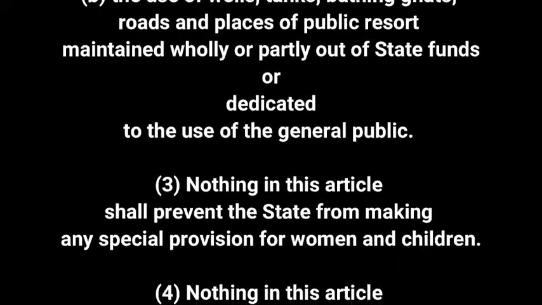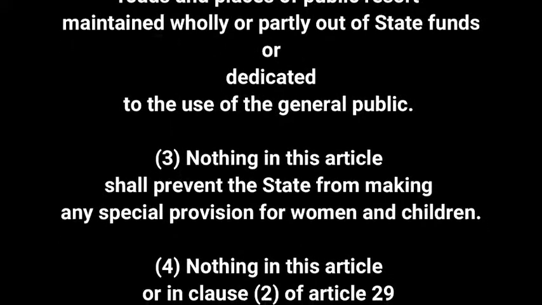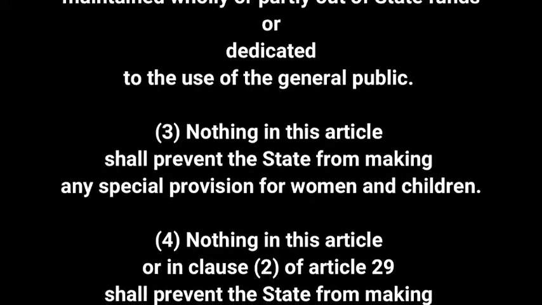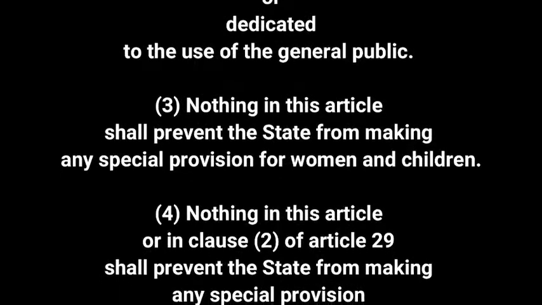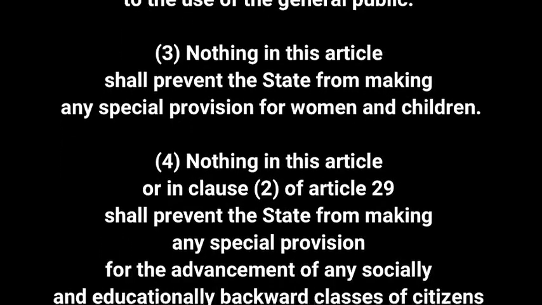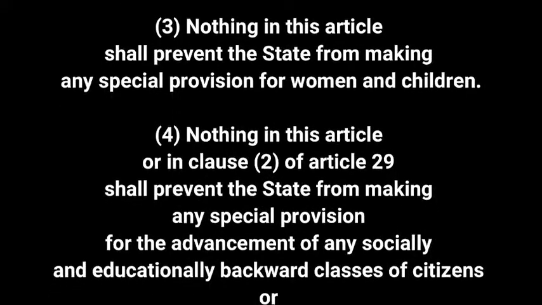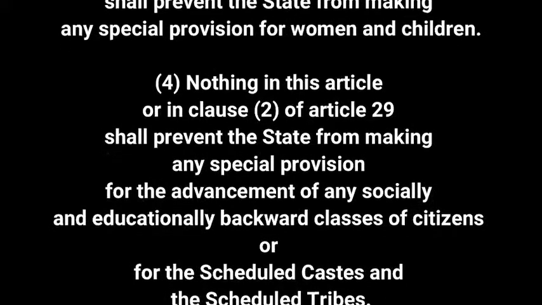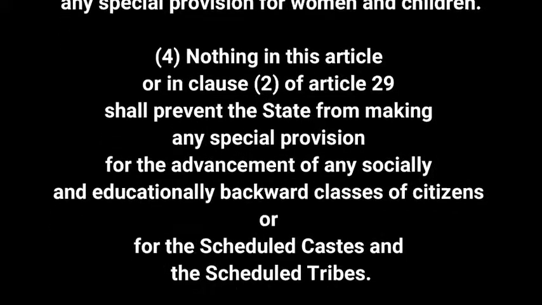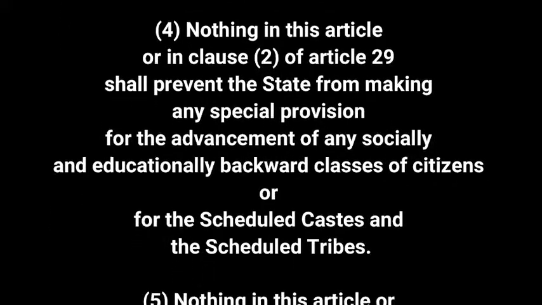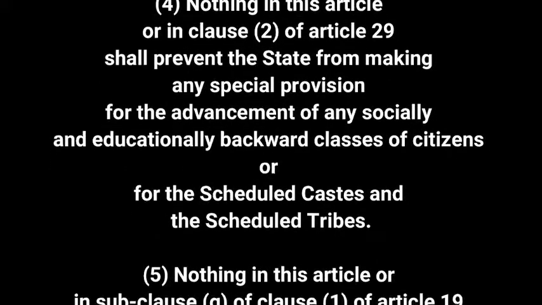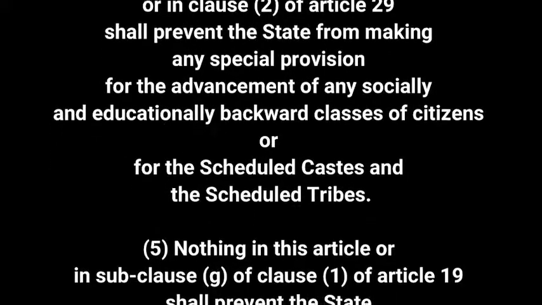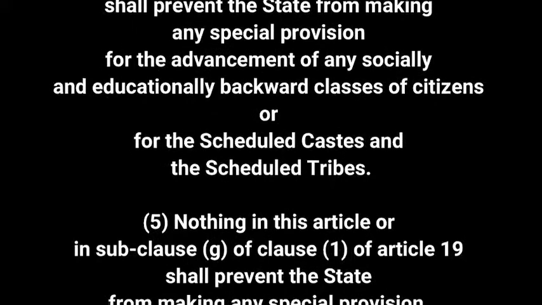Nothing in this article shall prevent the state from making any special provision for women and children. Nothing in this article, or in Clause 2 of Article 29, shall prevent the state from making any special provision for the advancement of any socially and educationally backward classes of citizens, or for the scheduled castes and the scheduled